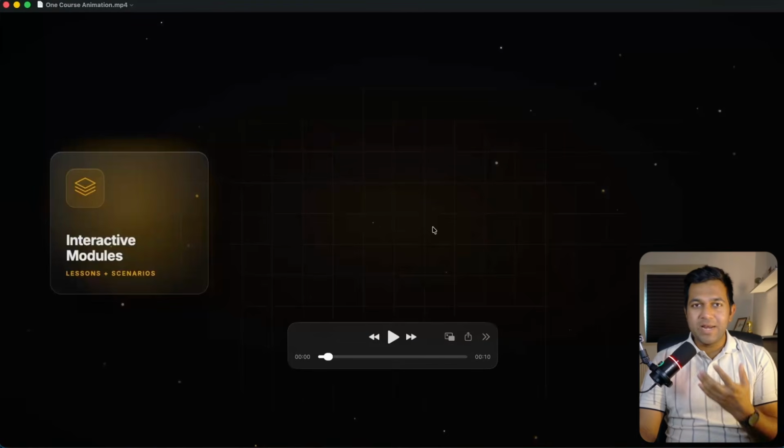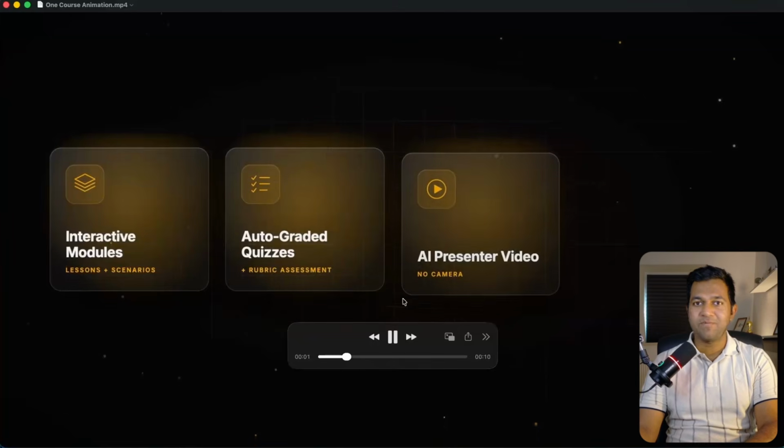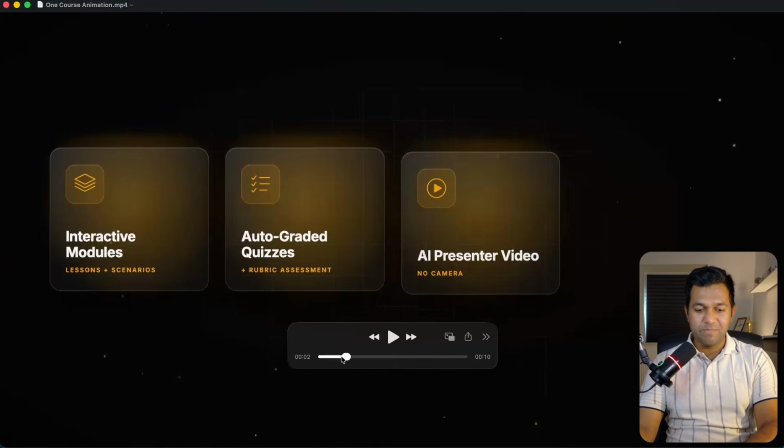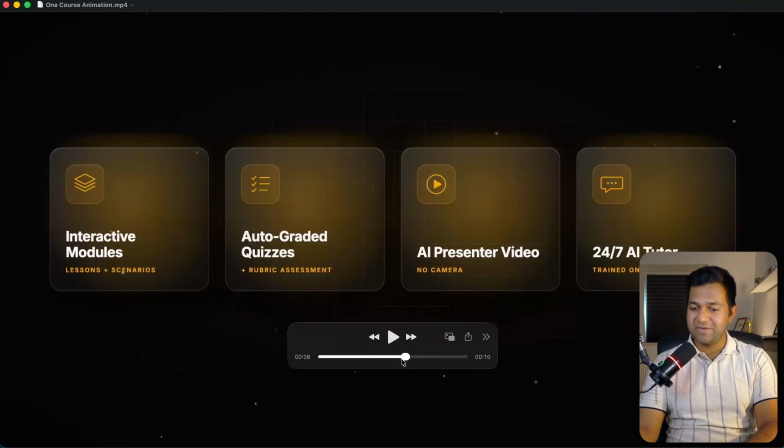So method 2 is very interesting. Let's say you love one animation but you don't have a template. So what you will do? You just take a screenshot from it. Let's say we love this animation. That's from my past video. And now we'll take screenshot of the first frame, one middle frame, right, and the last frame, right, and then